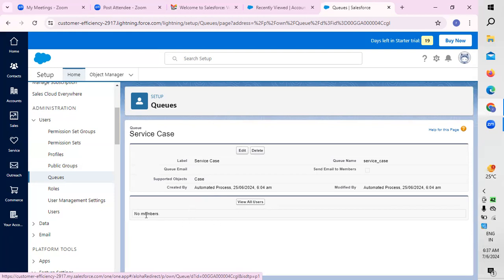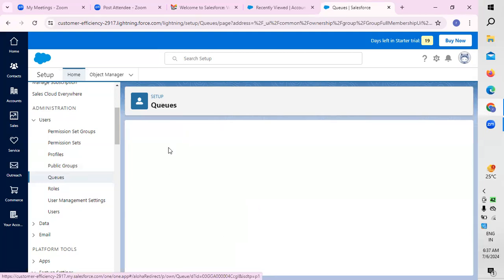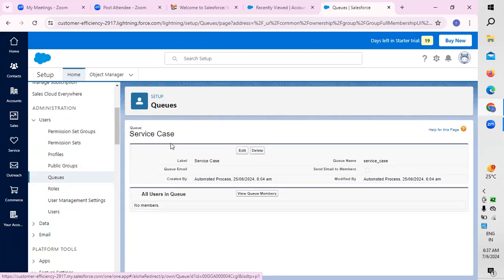If you want to add any kind of members or users, you can add them, because based on the viewers as well as the members we have created, you can see the list of people. But as of now, service case is a queue that is already there. Means if you want to create any additional queues apart from this,